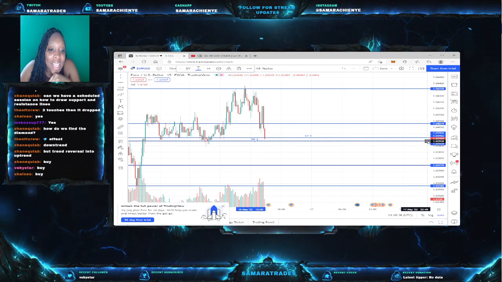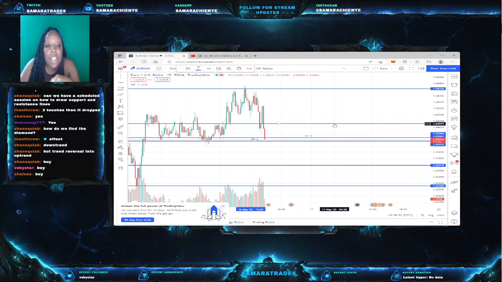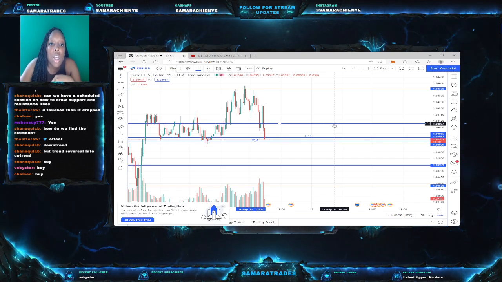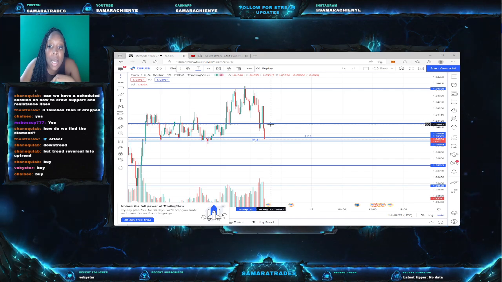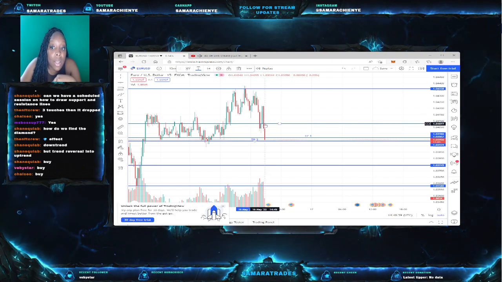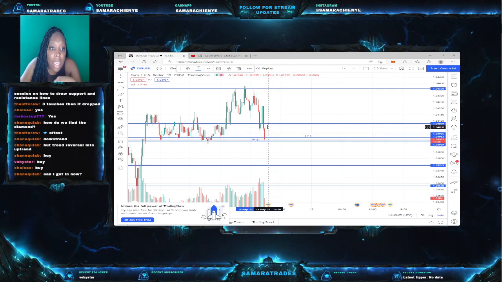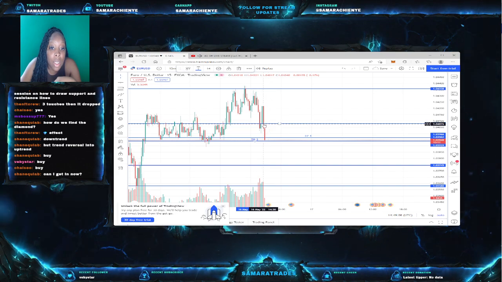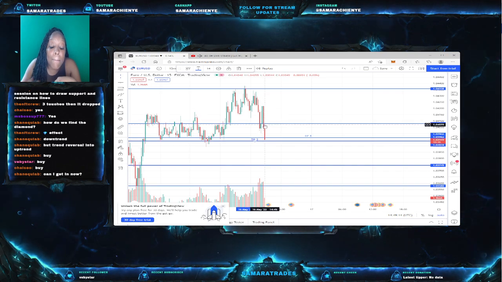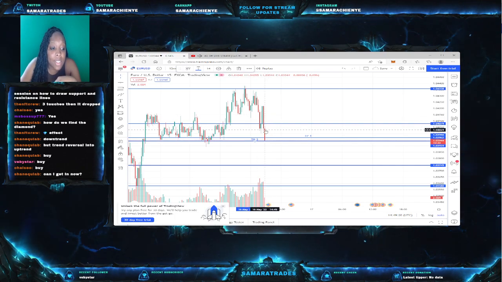Hopefully you guys were able to get in and get some money when I told you guys, because this was the area that I told you guys earlier. That's why I say it's very important to journal what I be saying, because the market just moves so fast. I said if it surpasses this within the next 12 minutes, we are definitely going in for a sale. And look what it did. It definitely did what I said it was going to do. If it surpassed this support line, I would have got in for a sale. And that's what it did.